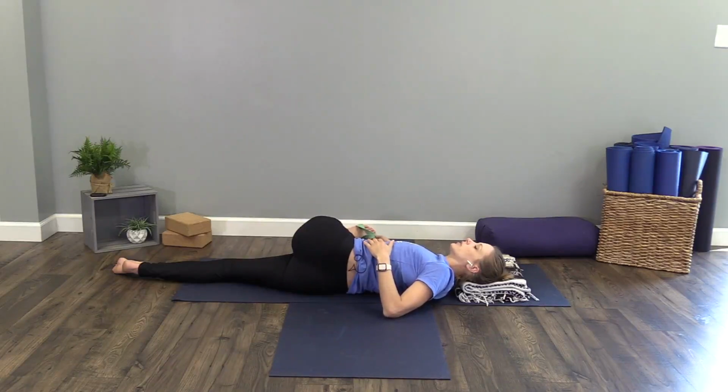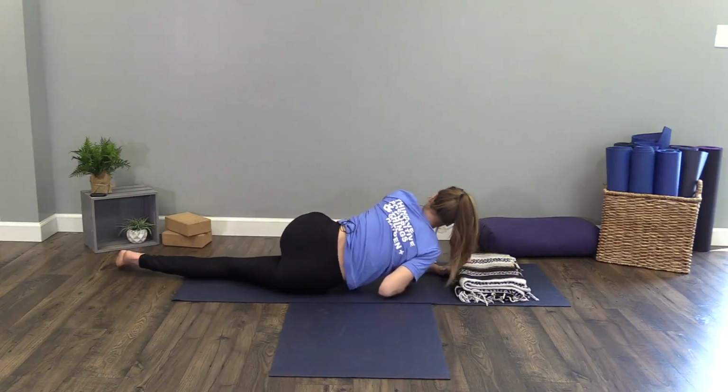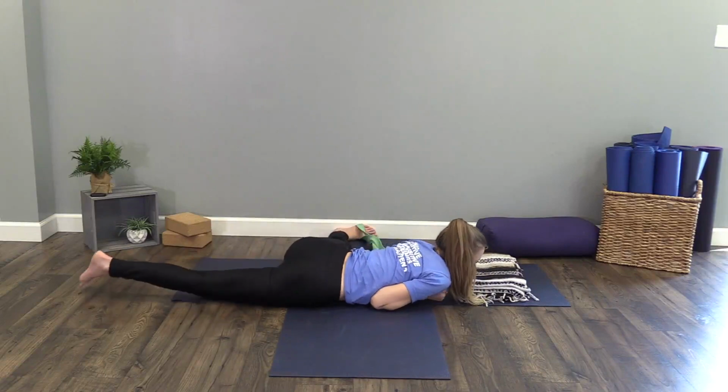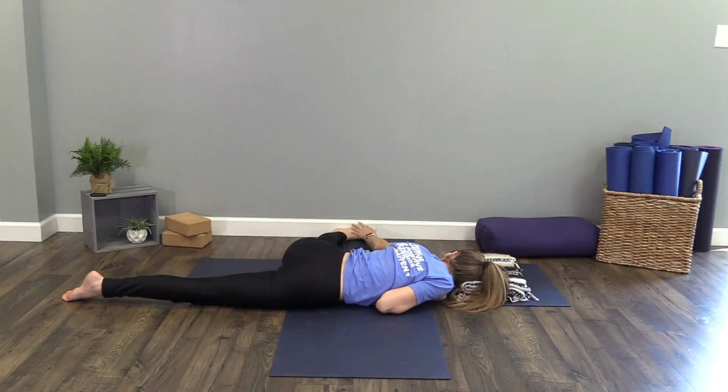And then this is where we rolled onto our tummy. So since I have the wall, I get to release everything. Roll onto my tummy, keeping that planted. Stomach to floor, right arm on the right side of the body, left arm on the left side of the body. If you still have your strap, your left hand is grabbing a hold of both sides of the strap,